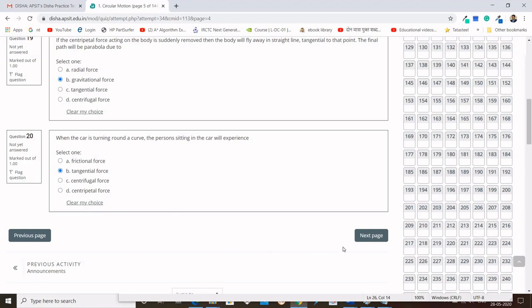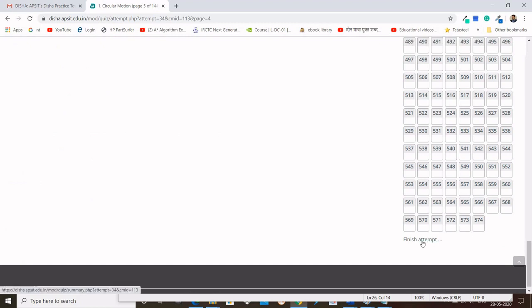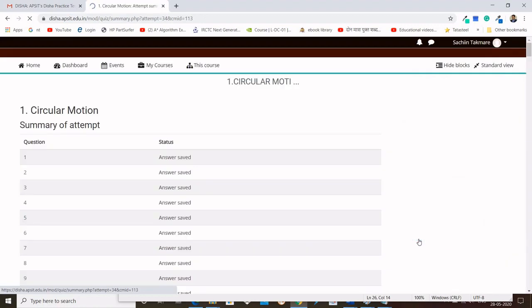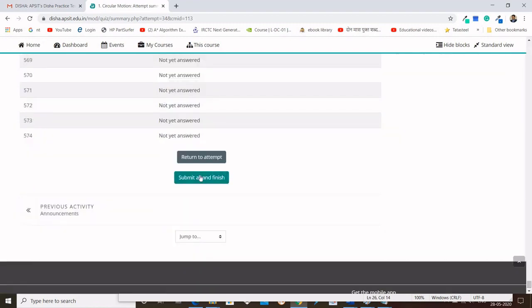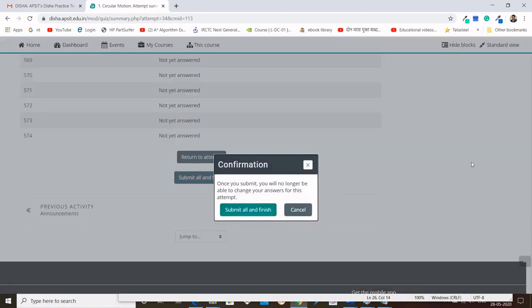So 20 questions I have attempted and I want to see the result of these 20 questions. There is a finish attempt button. I can press this finish attempt to see the answers of my 20 attempted questions. Now submit and finish.